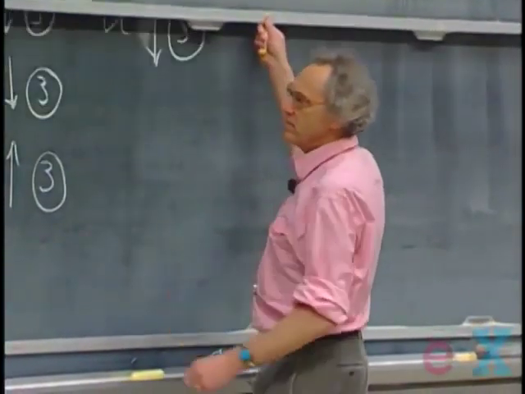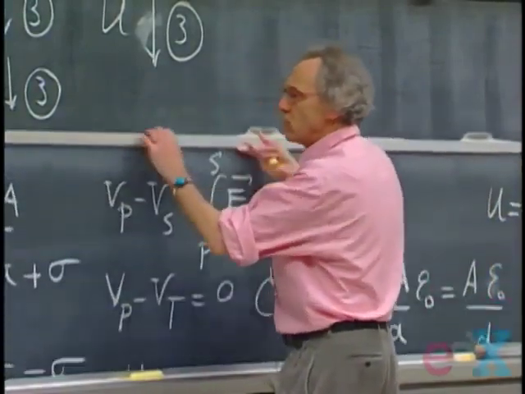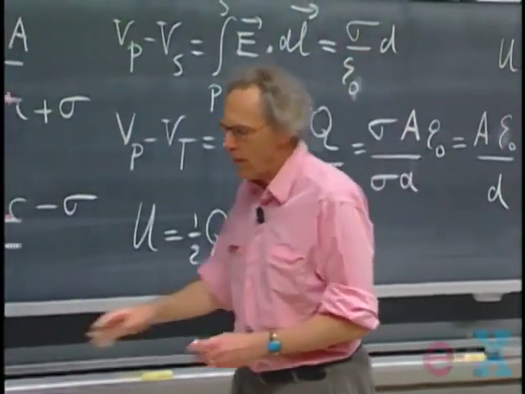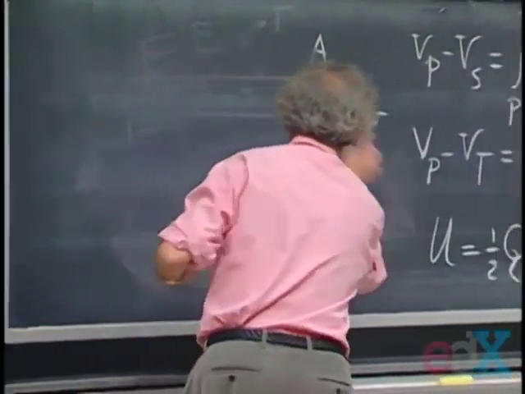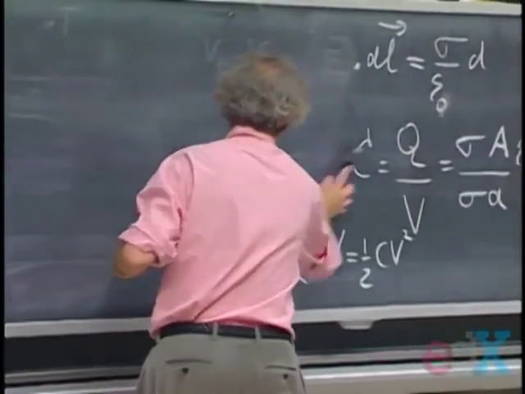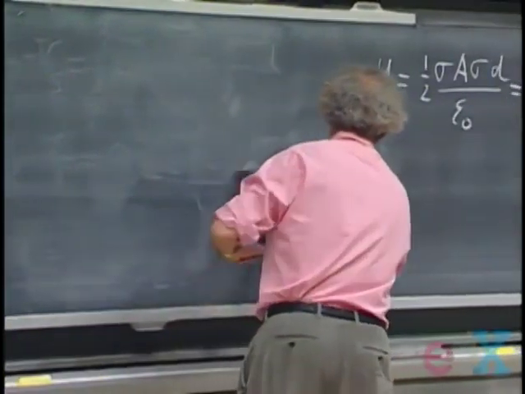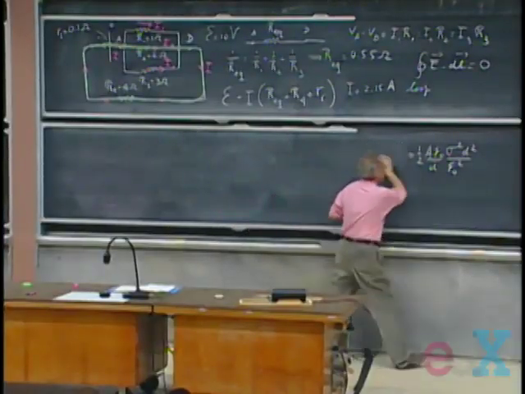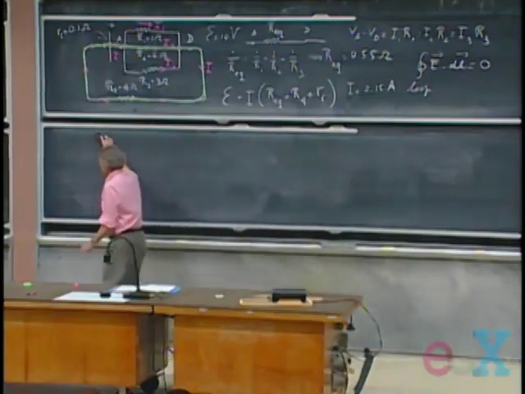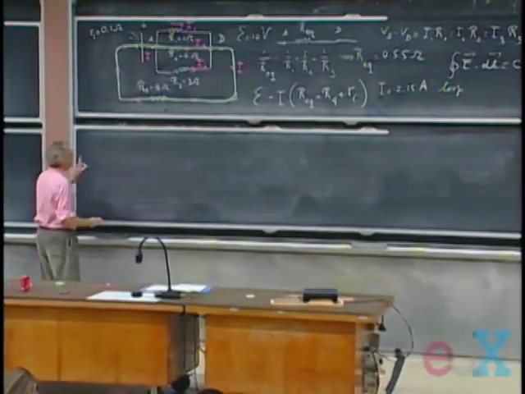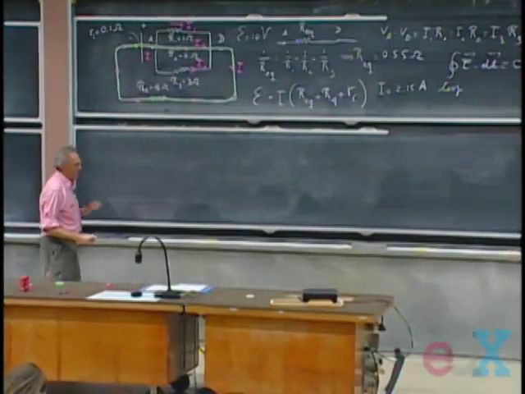I have decided, very arbitrarily, that if I go down in potential, then I will give that a negative sign, and if I go up in potential, I will give that a plus sign. You can reverse that. That makes no difference, because the sum of them is going to be zero anyhow. So I will stick to my convention for now, that if I go down in potential, I will give it a minus sign. If I go up in potential, plus sign.